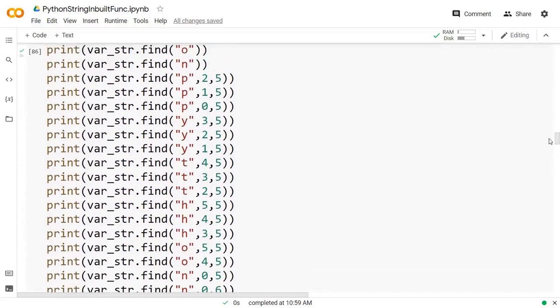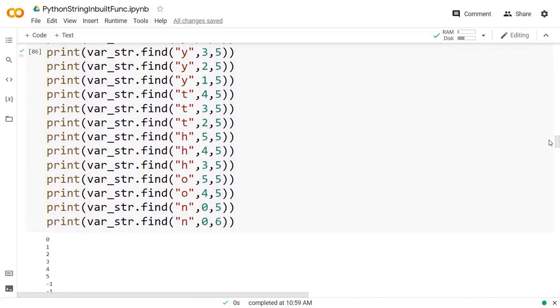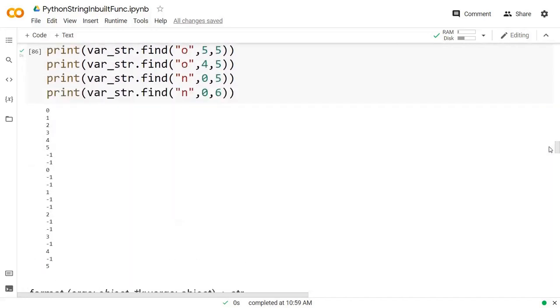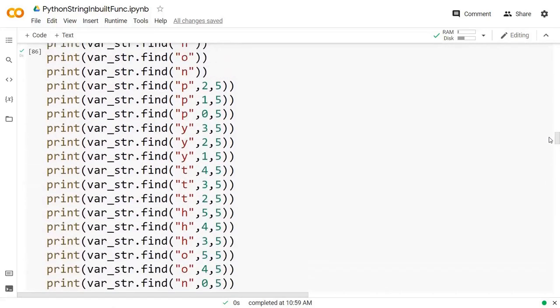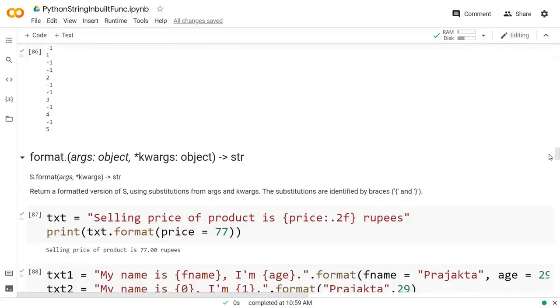Now I am providing start and end as well, and wherever it is not able to find the alphabet right there, it is returning -1, and wherever it is finding the value, it is displaying that particular index number in between that particular range of indexes. Okay, so understand this thing, that wherever it is searching within index. Okay, so this is your find function.